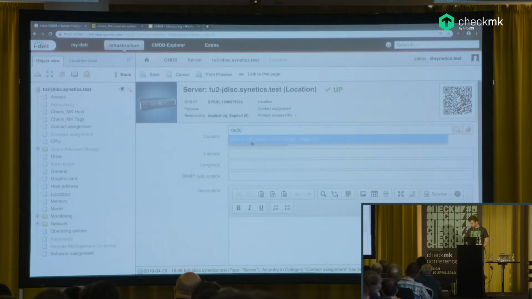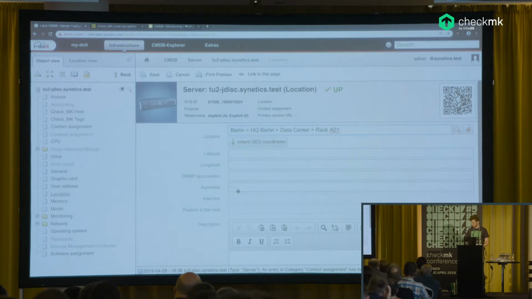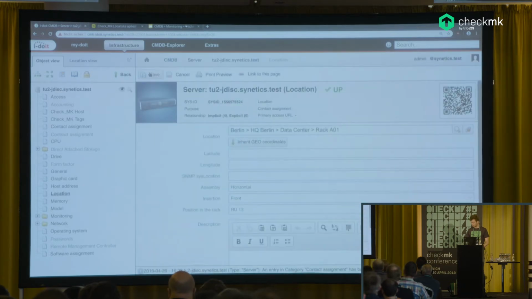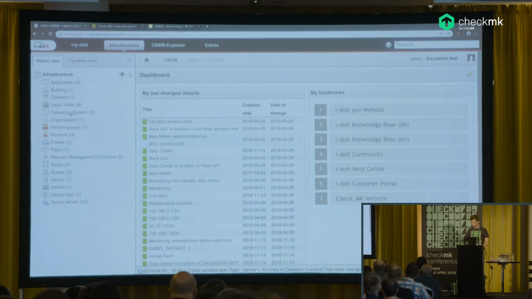I have created a rack in which I can place it. I want to place it somewhere in the middle where it probably belongs, or hopefully belongs. I save it, and then